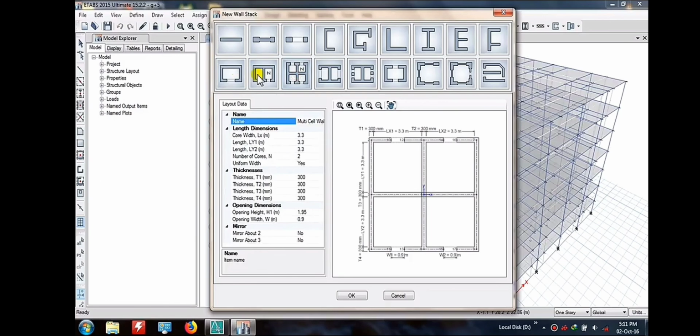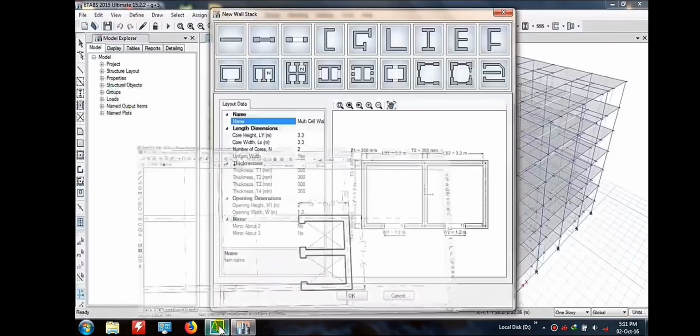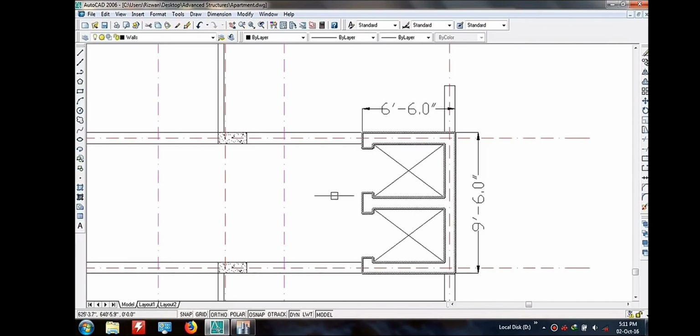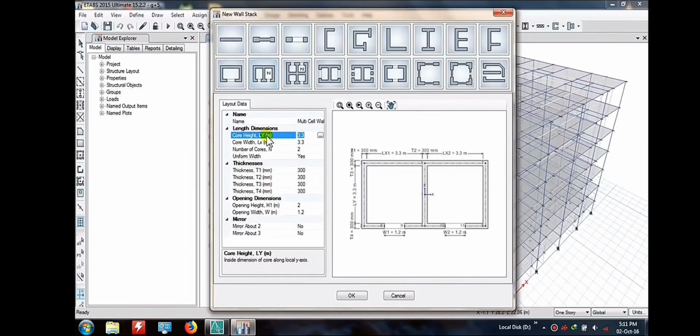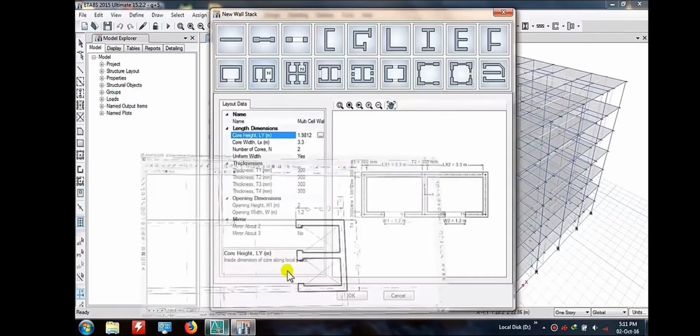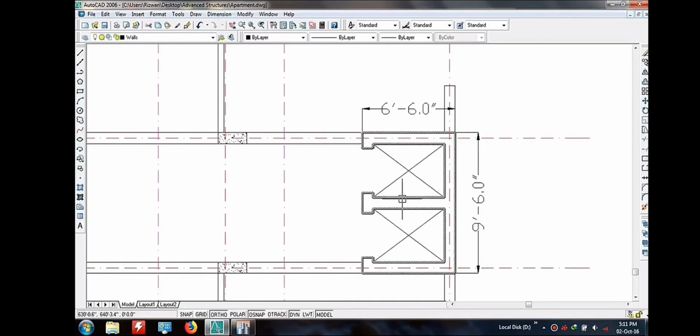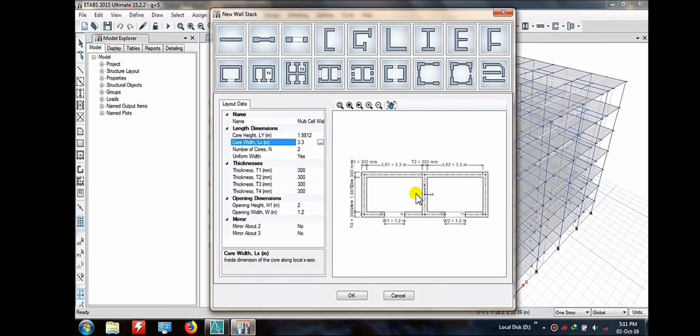and here you have to write the similar value which was mentioned there in the architectural view. So here I am having 6 inches or 6 feet 6 inches in y direction, and in x direction it is just 9. So here you have to define, here we are going to define the spacing between these walls, 375.